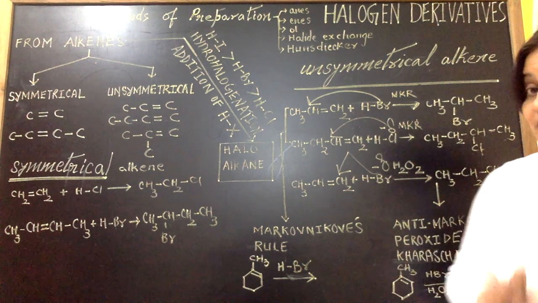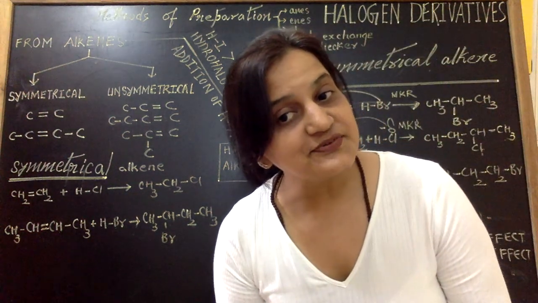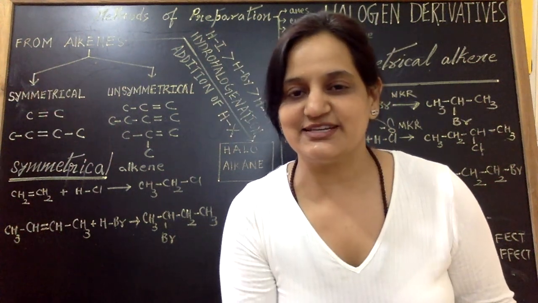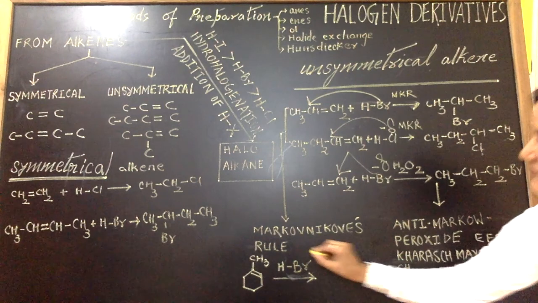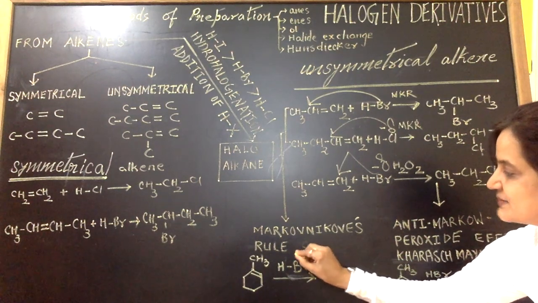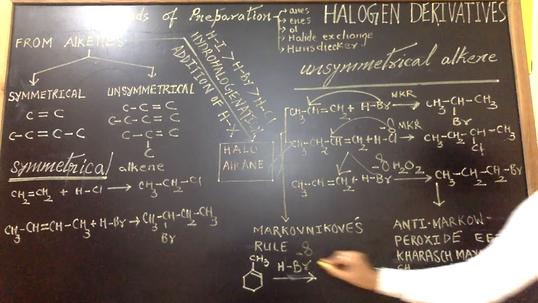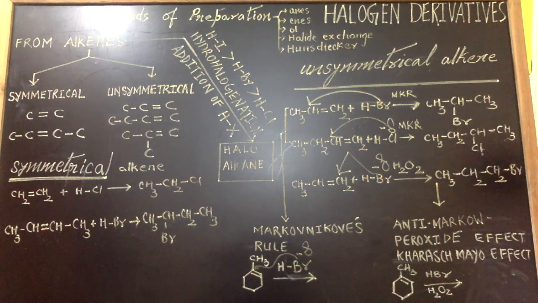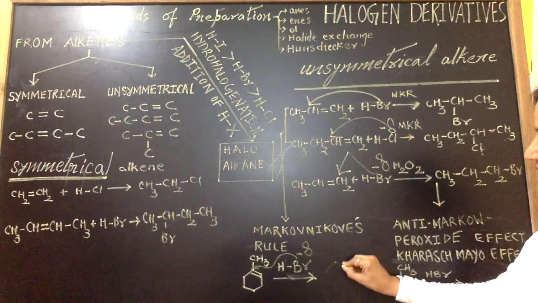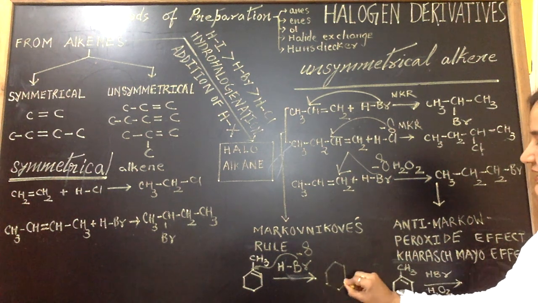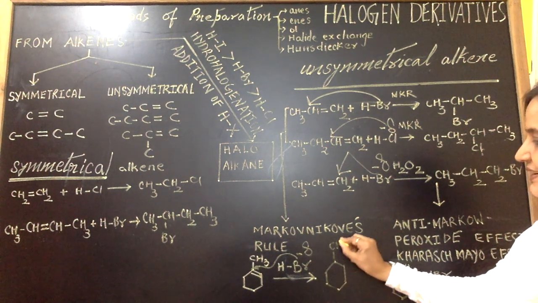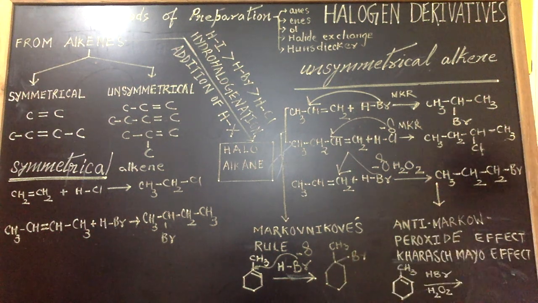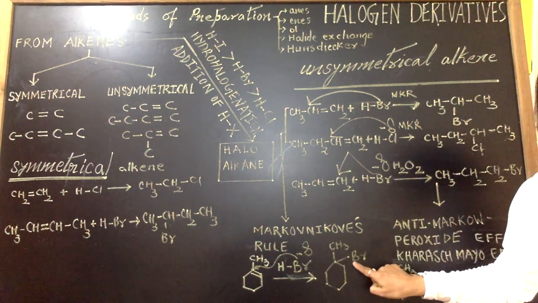Now what was Markovnikov's rule? That the negative part of the reagent will get attached to carbon having less number of hydrogen. So negative part of the reagent, that is this, gets attached to carbon having less number of hydrogen, so attack. And I'll be getting the product like this, where bromine comes on the carbon having less number of hydrogen. So I got 1-bromo,